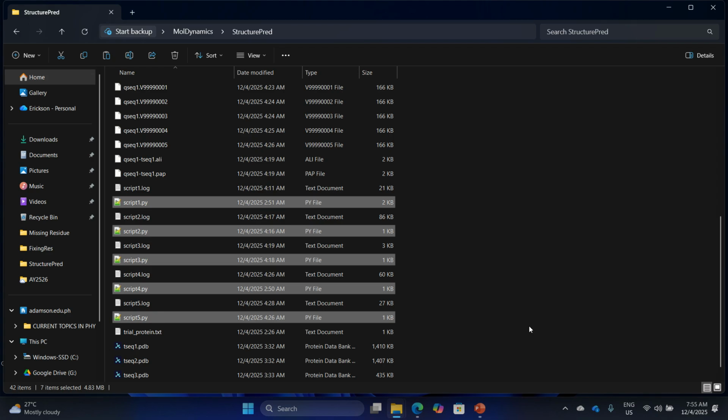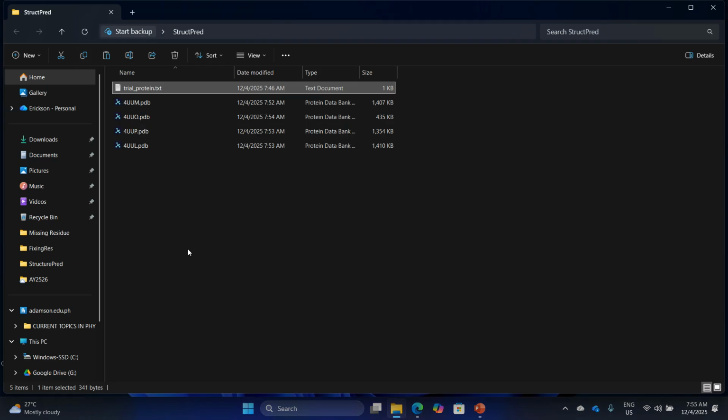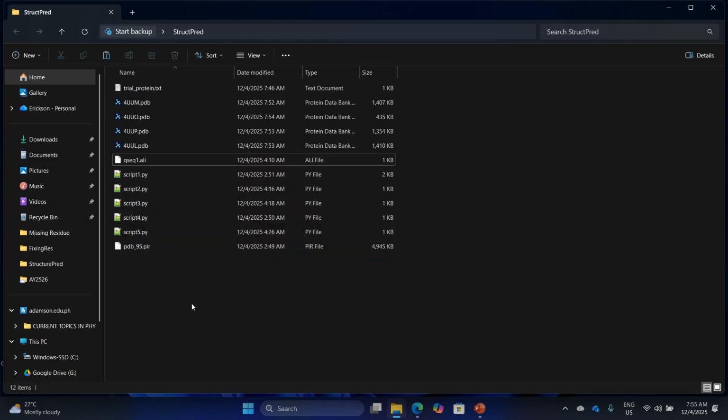Those files, you can just modify depending on your system. pdb_95.pir, you don't have to modify. It's like a library that was generated using Modeller.